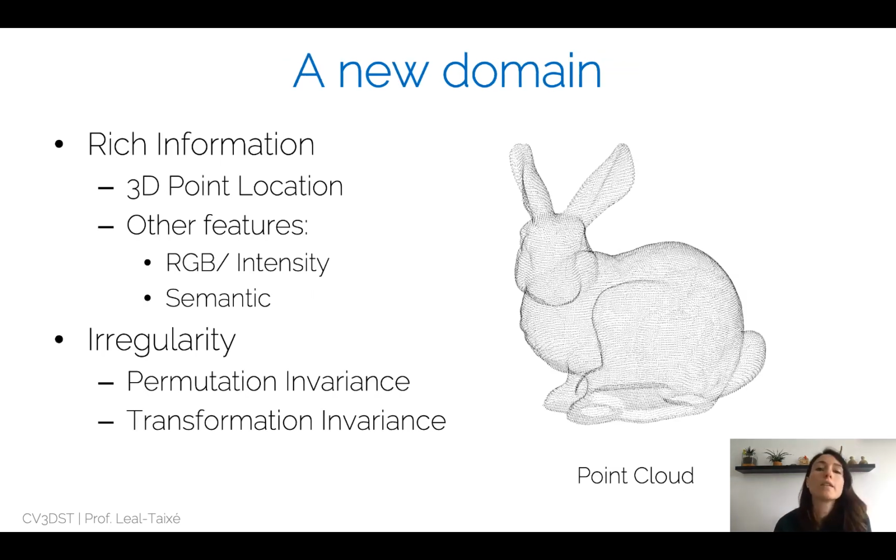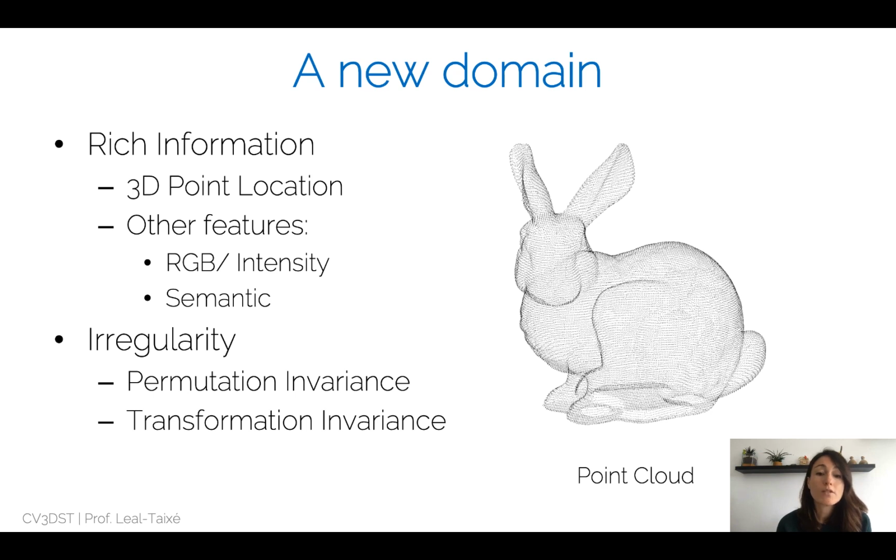So what happens when we jump into a new domain, for example, point clouds? So point clouds are very rich in information. We have the 3D point location of objects. We can even have point locations of entire cities that we can reconstruct. We can also assign semantic information to a point cloud. We can also have RGB values coming from an image, which we can also assign to a point cloud. So there's a lot of information that point clouds can contain, but there is one caveat, and this is that